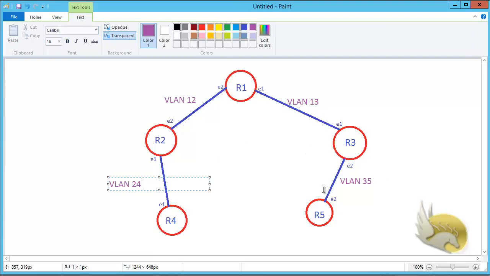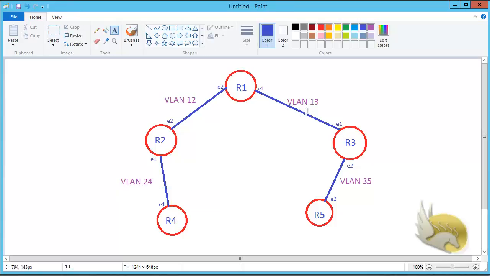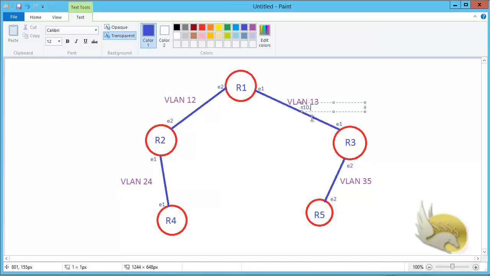Now the IP addresses are simple too. Let me go for the IP addresses here. Again, I'm going to select a smaller font like this and a color like blue. VLAN 13 is gonna be 10.10.13.0/24. VLAN 12 is going to be 10.10.12.0/24, and VLAN 35 is going to be